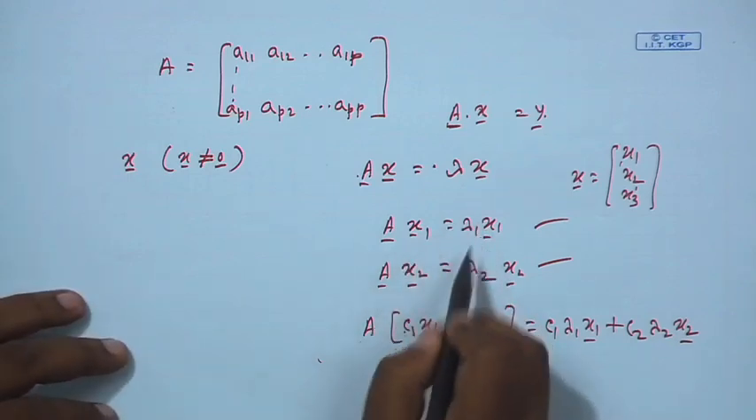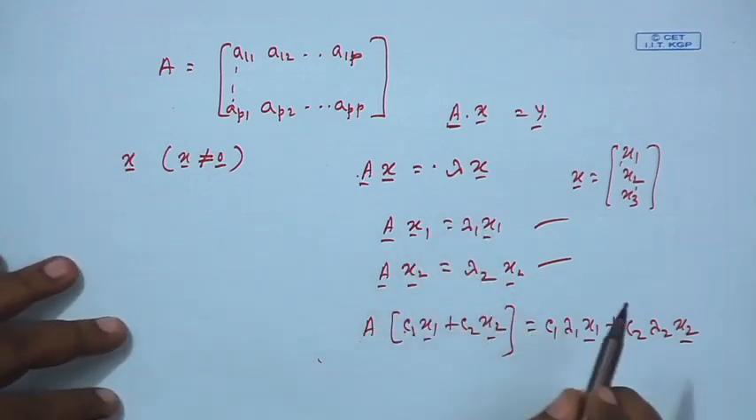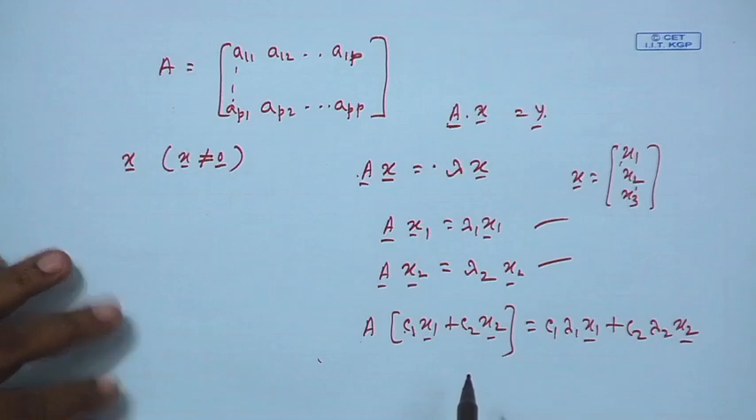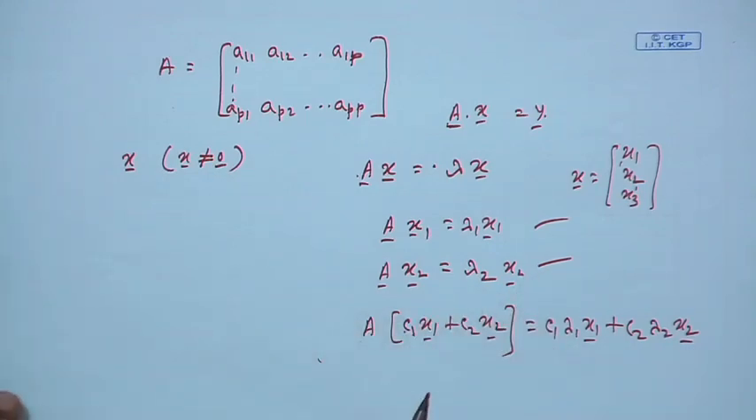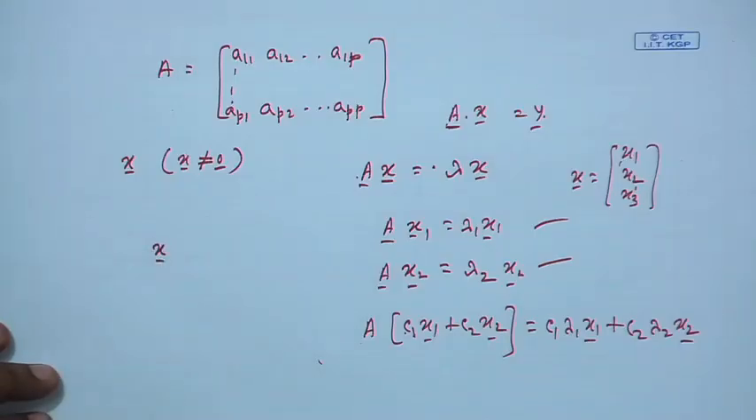So, just C1 times this, C2 times this, you do not have to recompute this if you know them. That is the big advantage. Now, the question is, if I give you any arbitrary vector x,